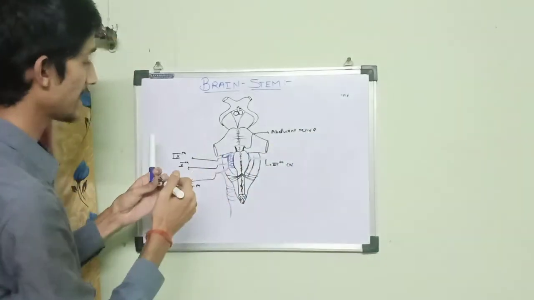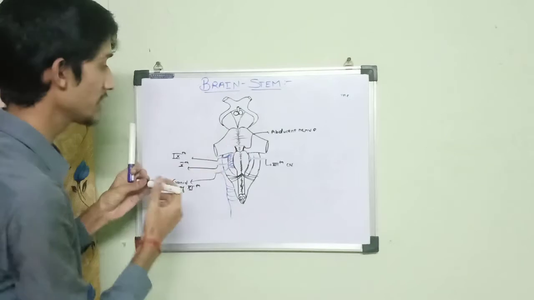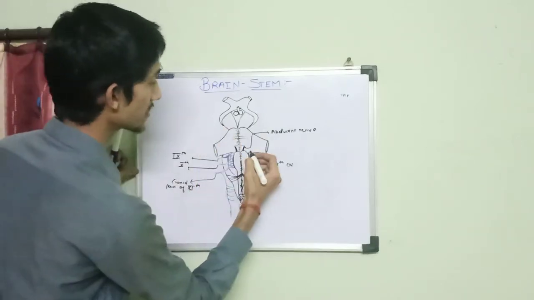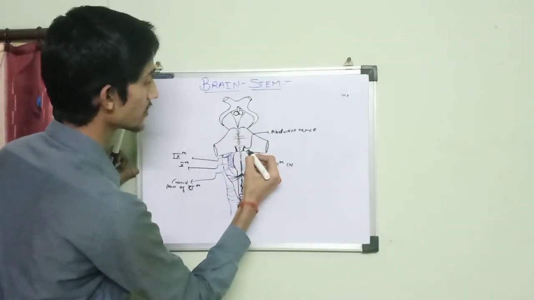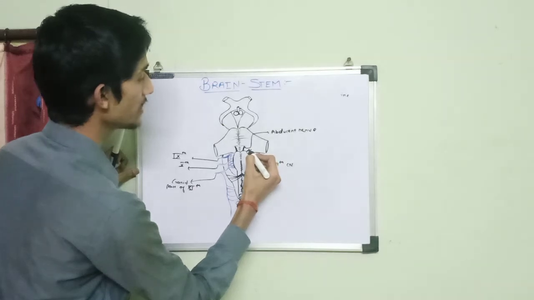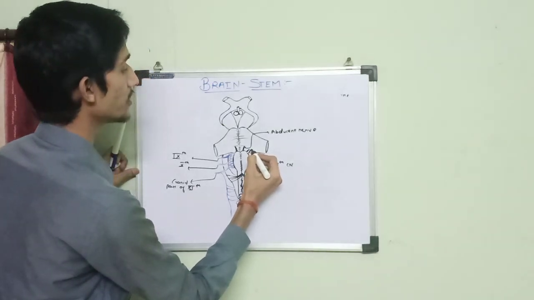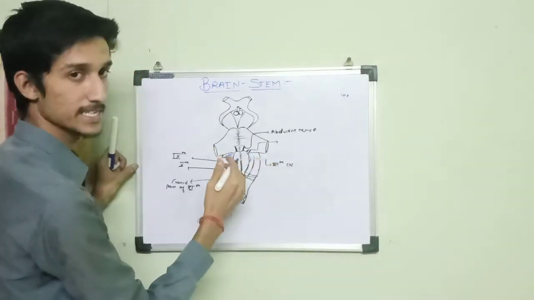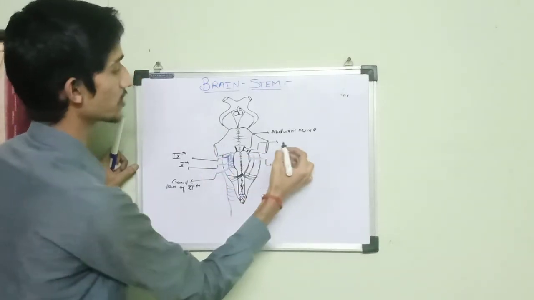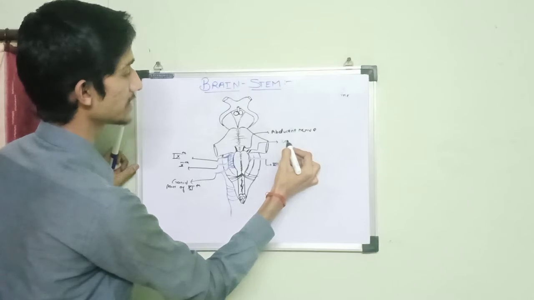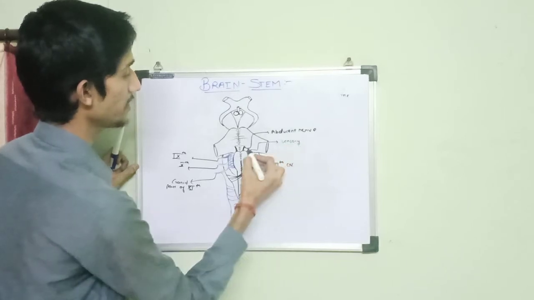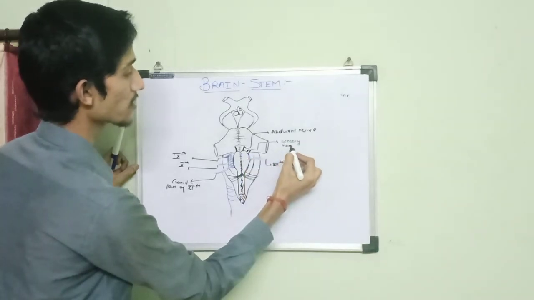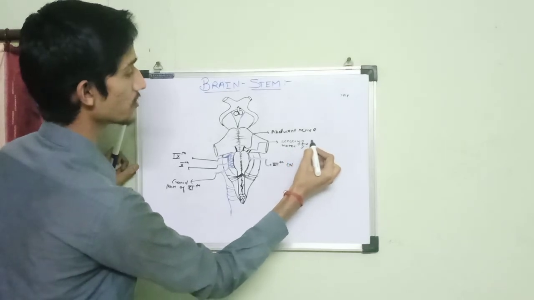The cranial nerve 6 arises most medially from the pontomedullary junction. Then a little bit lateral to it arise the sensory and motor roots of the facial nerve. The medial one is the sensory and the lateral one is the motor. So we have sensory and motor roots of the facial nerve.